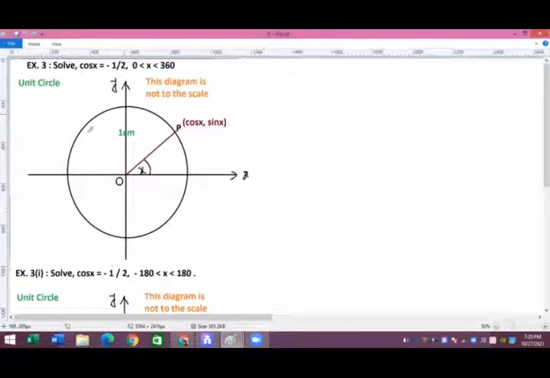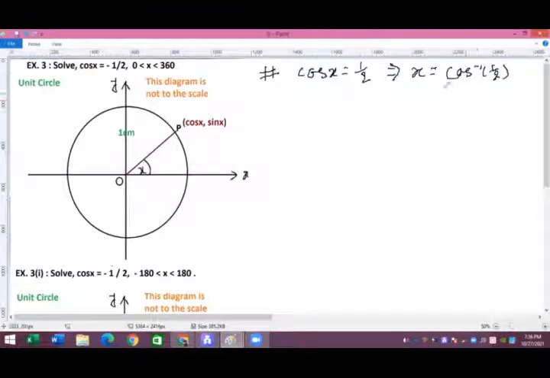In the same way, let's try this example. So this is a unit circle I am taking here, and the diagram is not to scale, so these are only reference diagrams. So here again we take the principal value first. So here it is cos x equals 1 by 2, even though this is minus 1 by 2. So first of all we find the principal value, and in this case you can see that x equals cos inverse of half, that is